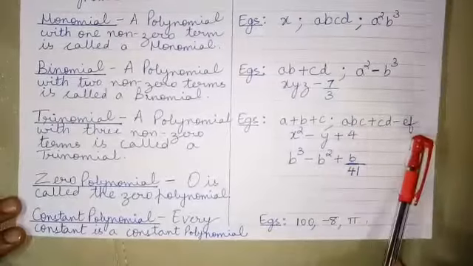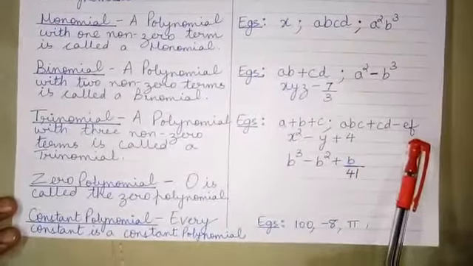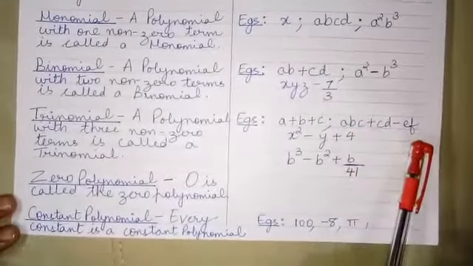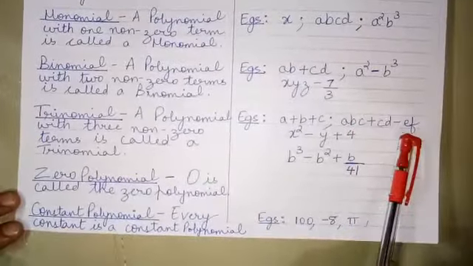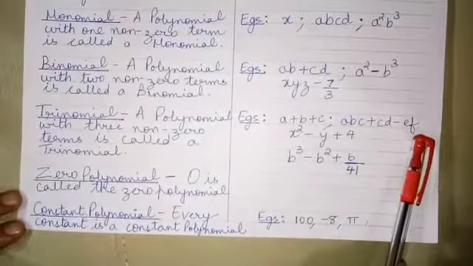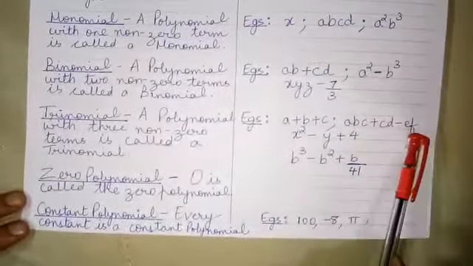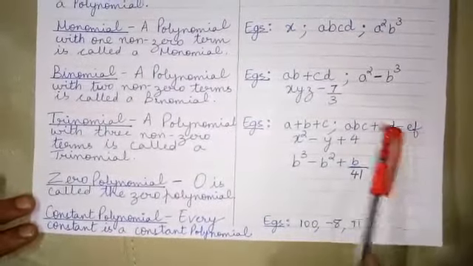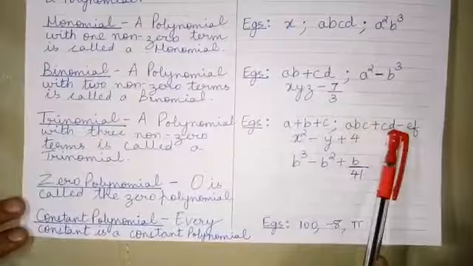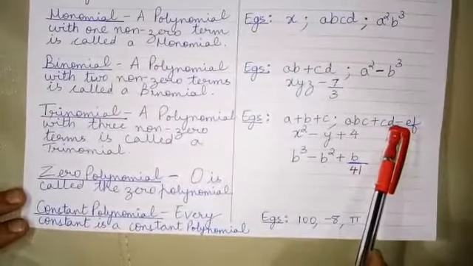Here, this is an algebraic expression. It is also a polynomial. You can check the powers of the variables. They are all whole numbers. So this expression is a polynomial consisting of three terms, 1, 2 and 3 terms. The separators are the plus and the minus sign. These two terms are separated by the plus sign. These two terms are separated by the minus sign.